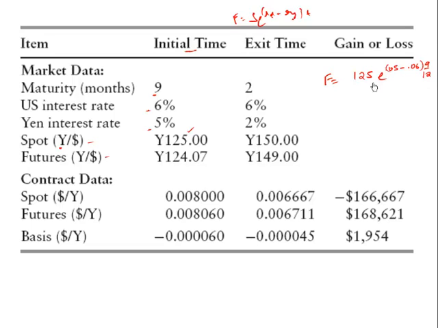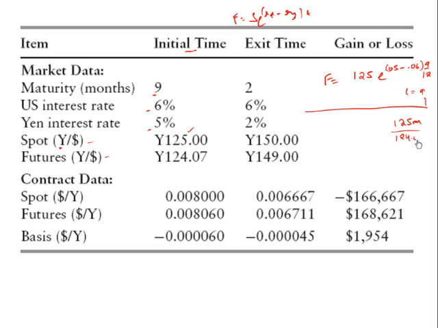So it will come out to be very close to 125, just a minus 1% into 9 by 12, e raised to the power that will give you a forward price today. So this is today's price for a 9-month forward contract. That is, today our counterparty is short a 9-month contract. And at t equal to 9, he will deliver 125 million yen and he will receive 125 divided